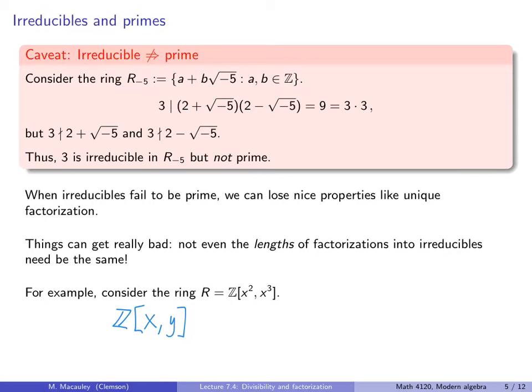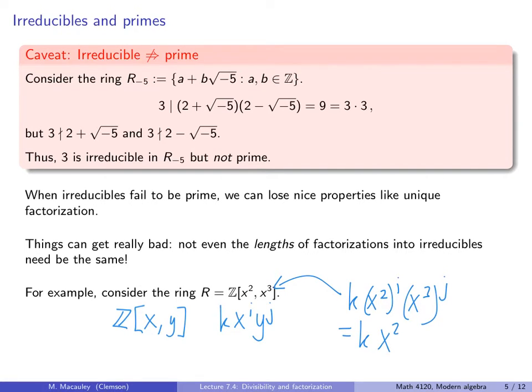So the monomials are of the form k times x to the i times y to the j. So in this ring, you can think of the variables as being x squared and x cubed. So in here, the monomials are going to be of the form k times x squared to the i times x cubed to the j, or just k times x to the 2i